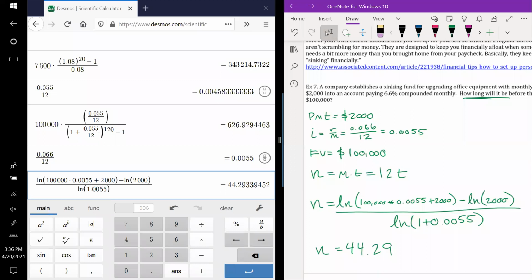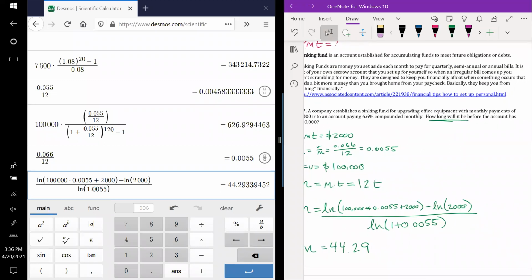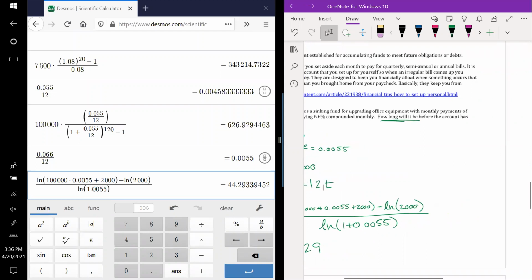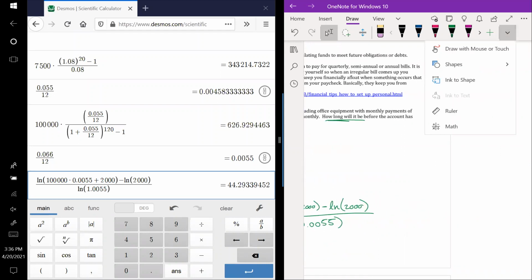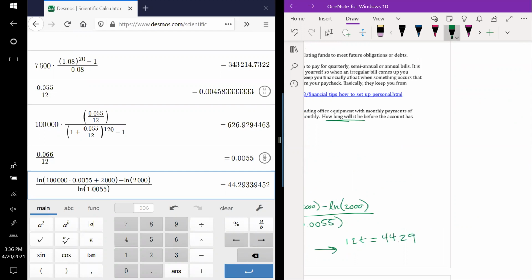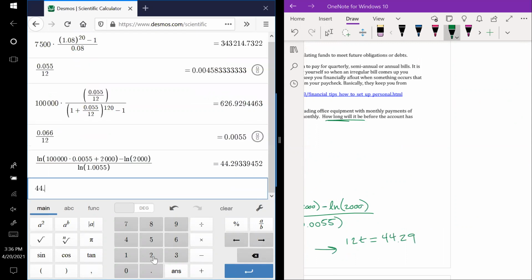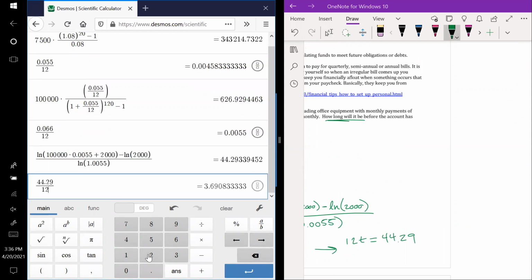So what we're going to do next is let 12T equal 44.29. So we get 12T equal to 44.29, and 44.29 divide 12 will give me